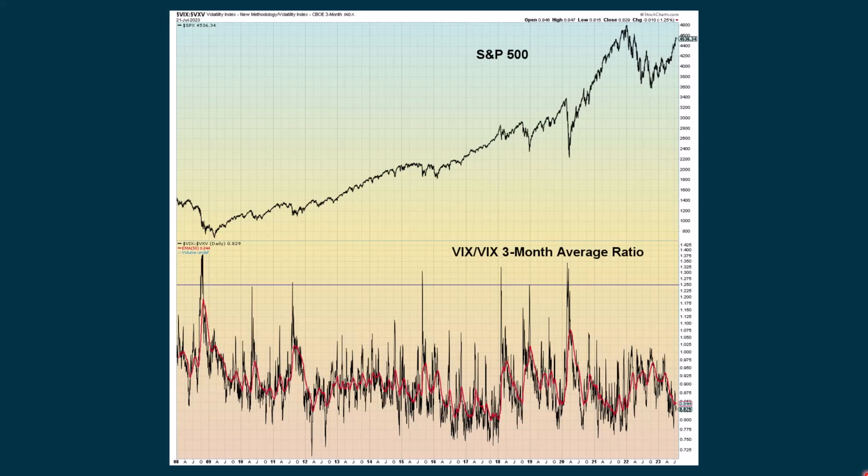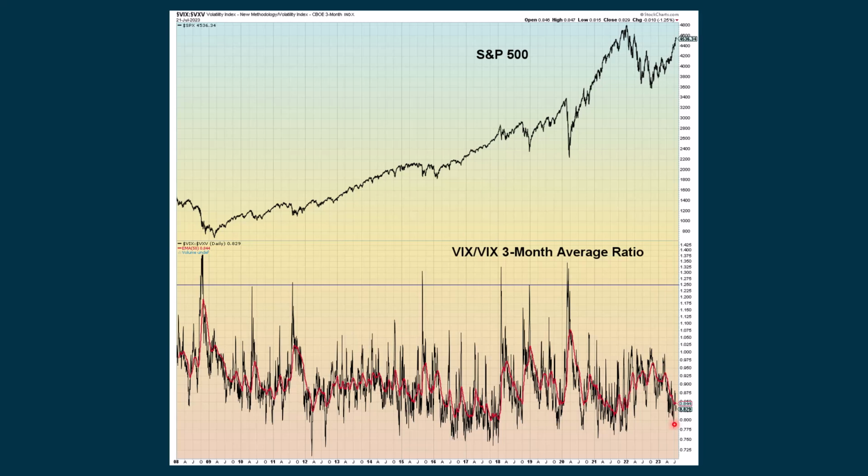The first chart that we look at is the VIX, which measures volatility of stocks, and then we take a 3-month average of the VIX, and then both of those together, we take a ratio. And what I focus on is the red line. That's a moving average, where we're declining overall. The VIX goes down typically as the market goes up,